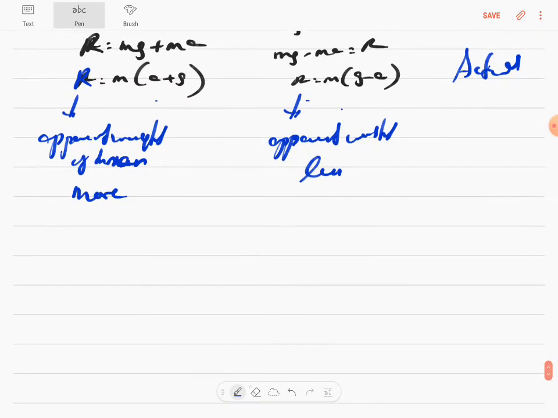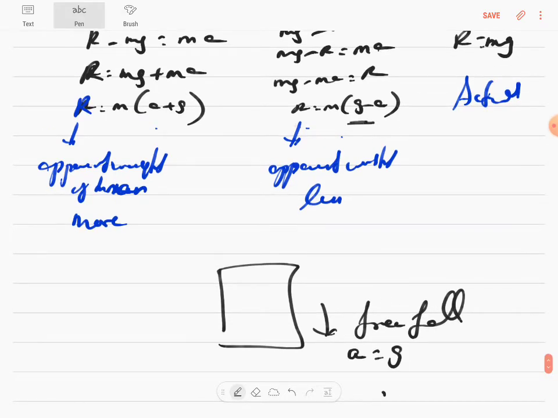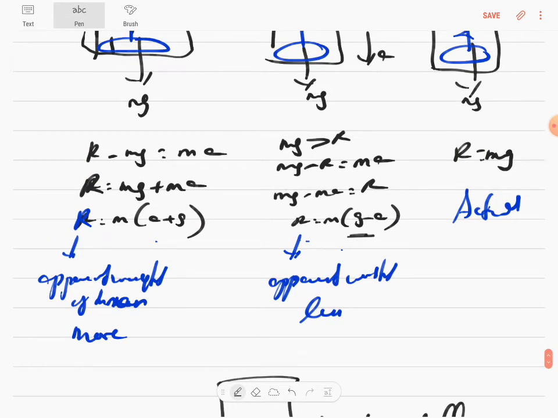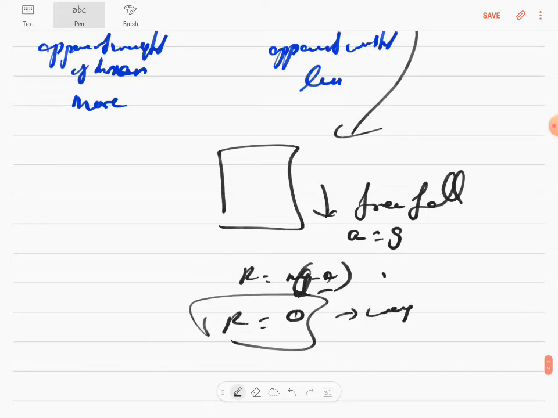Okay, so what happens next? What happens when the lift is having a free fall? Then a will become equal to g, the acceleration will be equal to acceleration due to gravity. So a will become equal to g, then R is 0. R is equal to m(g minus a), and this is the condition. If you put g equal to a in the formula, R is equal to 0. So g is equal to a shows that R itself is 0, so you will feel weightless. If you look at a weighing machine, it will show 0. Your weight will be amazing, but we don't experience free fall, so we don't know. Okay, so that completes